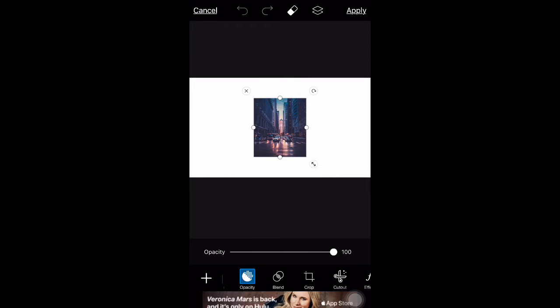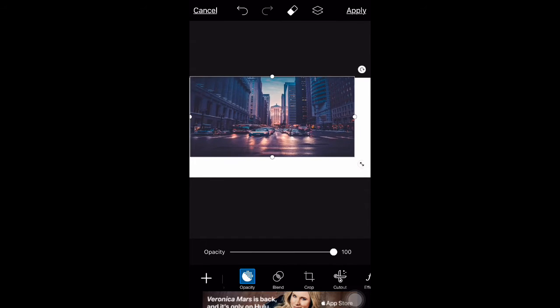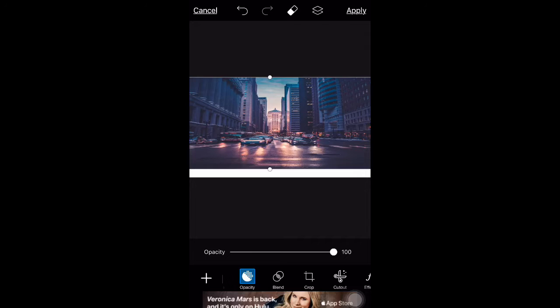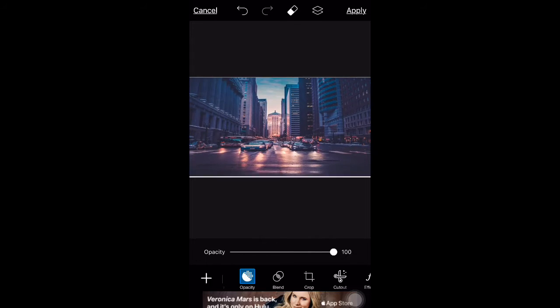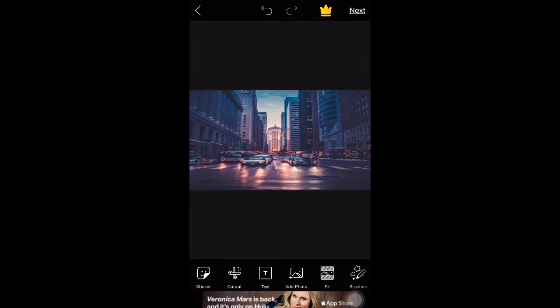I really like this background, and I used it as an example because someone on YouTube used it as an example when teaching me, so I decided to use this one for this video as well. I added this background by clicking add photo, finding it in my photo album and inserting it, and I am adjusting it to this white background that I already have right here. And I am going to click apply. Everything you do, always click apply